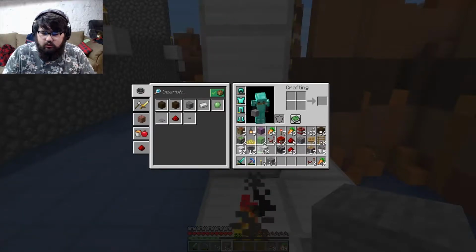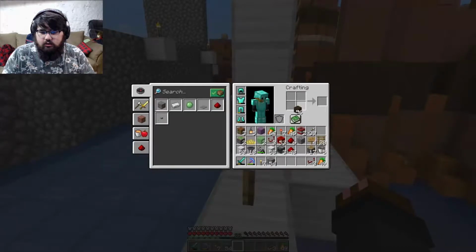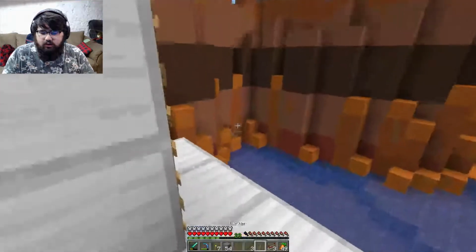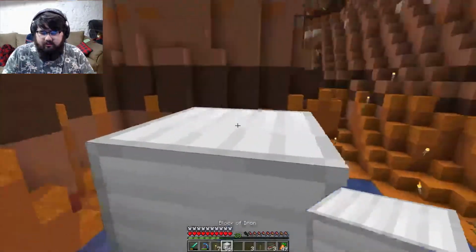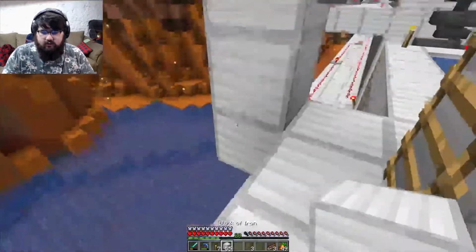So, where did the stick go? Did it drop the stick as well? Man, Minecraft. Why do I have 3 crafting tables? Minecraft just doesn't like me today. It really doesn't. Okay. So basically it goes up like this, puts that there, on off, and then